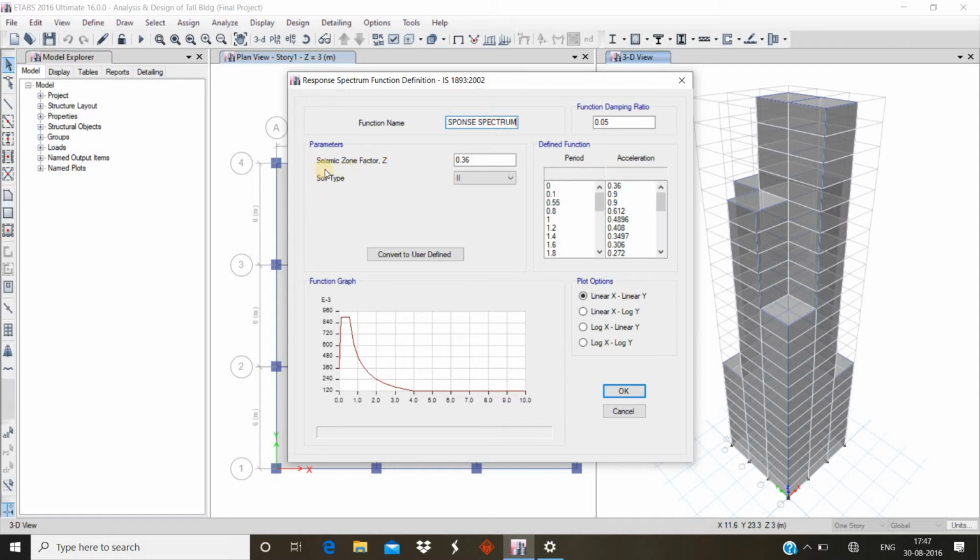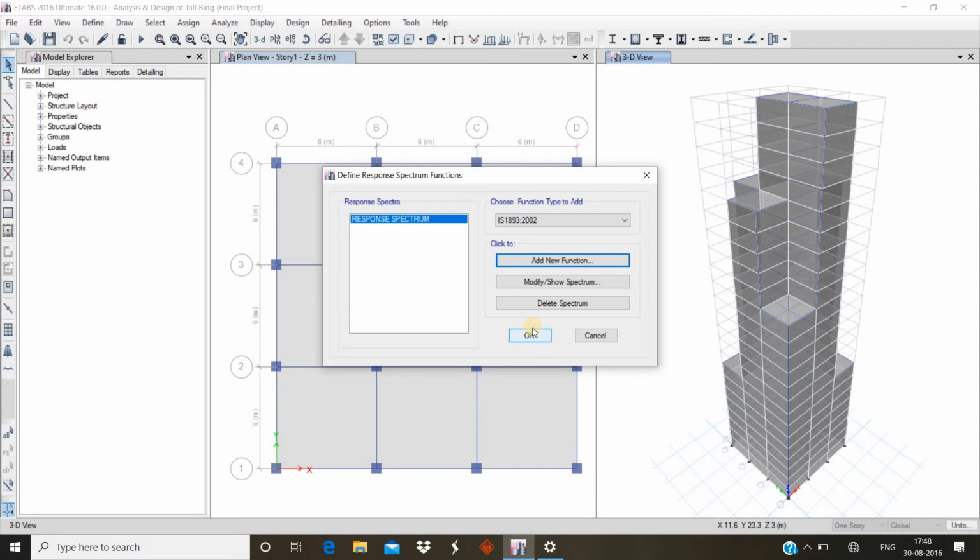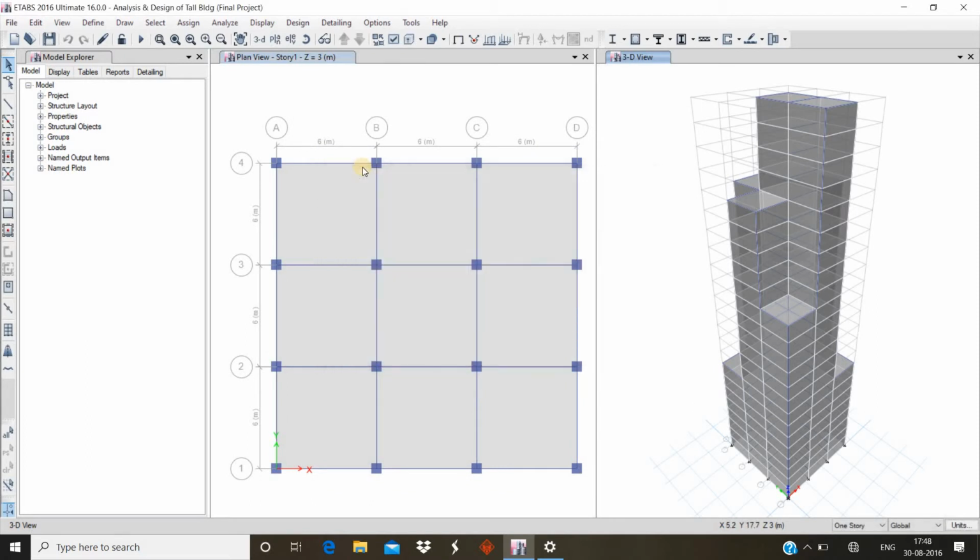Then the parameters: the seismic zone factor is 0.1, and the soil type is soil 2. Click on OK, then click on OK, then click on OK. Now the response spectrum has been added in our building model.